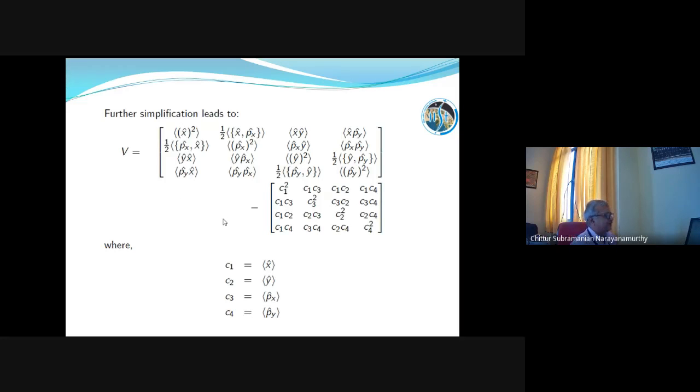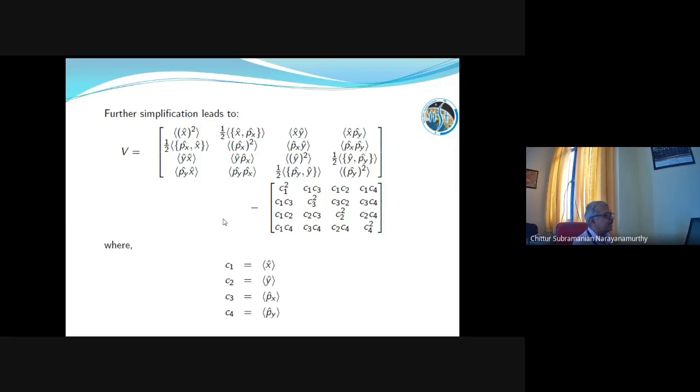So this is the variance matrix. You can see the axes, x square, the cross terms x px, xy, x py. This is the 4x4 matrix which we have, and these can be measured like this: C1 is equal to modulus x, modulus y, and px, py. If you measure all these points using a sensor, it is possible to get back all the members of the variance matrix one by one. These are the variance matrix elements we have. This is the cross correlation term. So x square, px square, y square, py square are the diagonal elements, and there are cross-diagonal elements. It is possible for us to